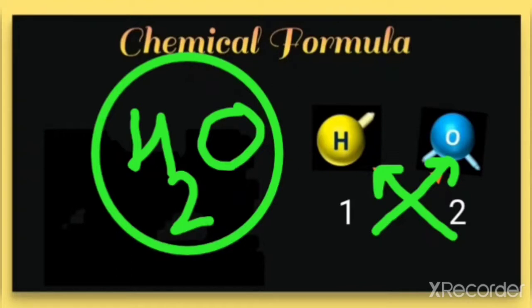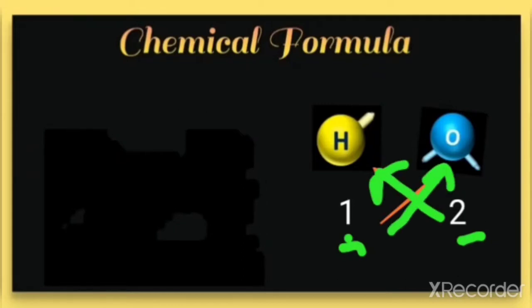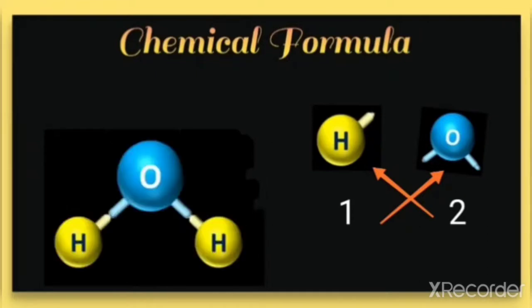How have we generated the formula for the water molecule? By writing its valency first. What is valency? The combining capacity. First we write the combining capacity for hydrogen, that is 1. For oxygen, that is 2. And when you do the crisscross, you come up with the formula of water, that is